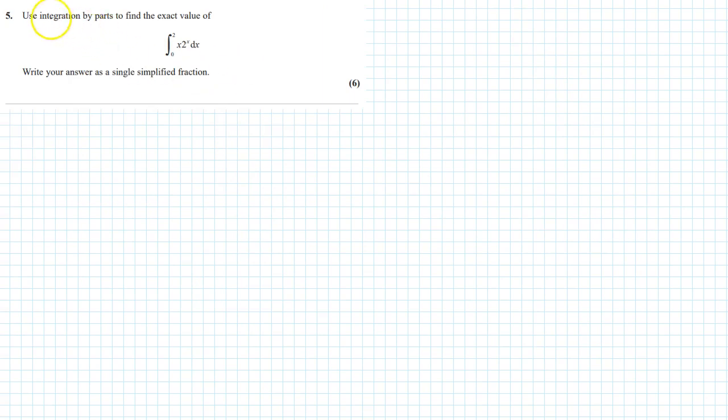Question number 5. Use integration by parts to find the exact value of the integral of x times 2 to the power x. We put limits later. Let's see, we have the integral of x 2 to the power x dx. So let's say u is equal to x, so du over dx is 1, or du is equal to dx,